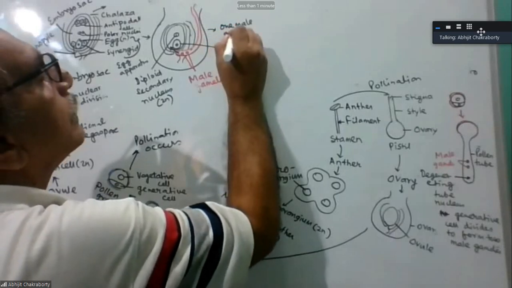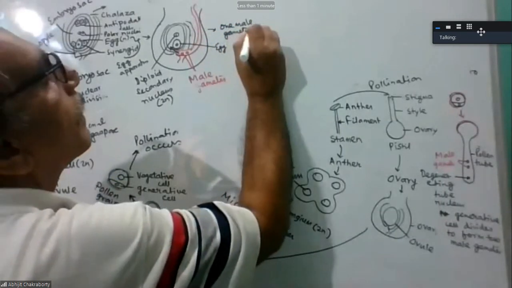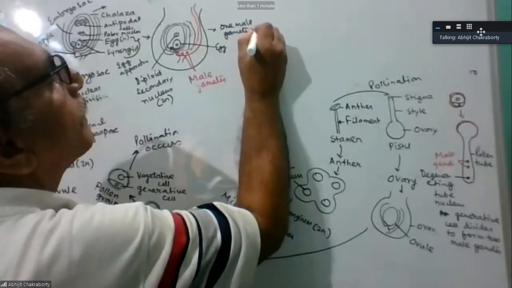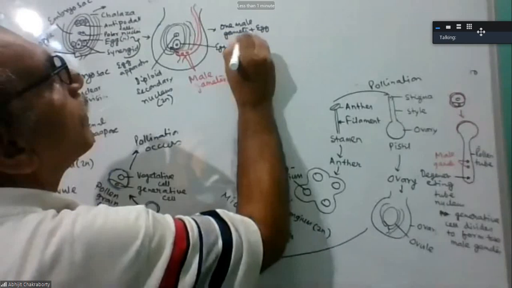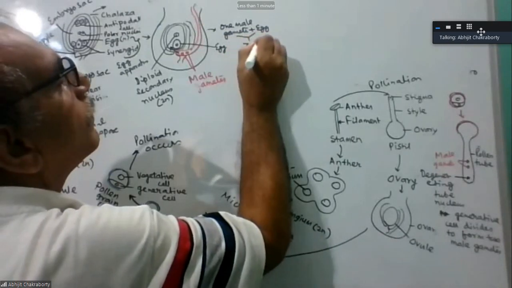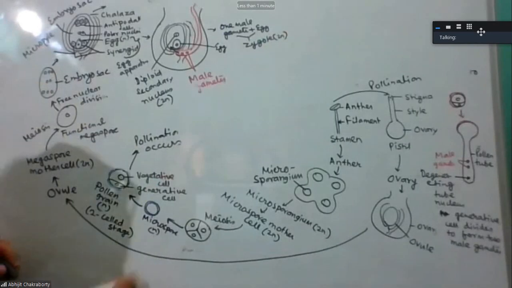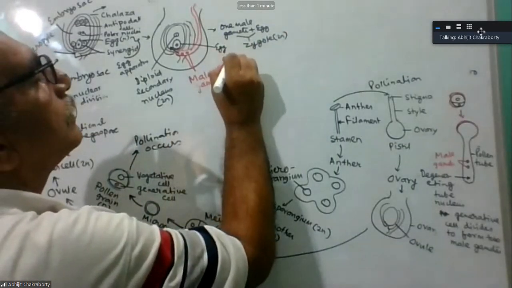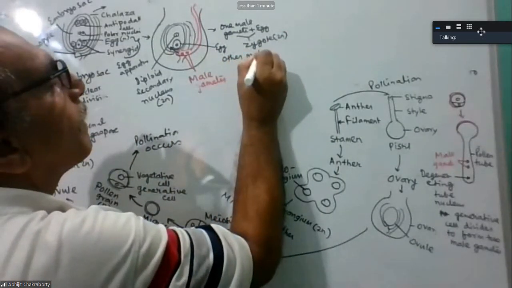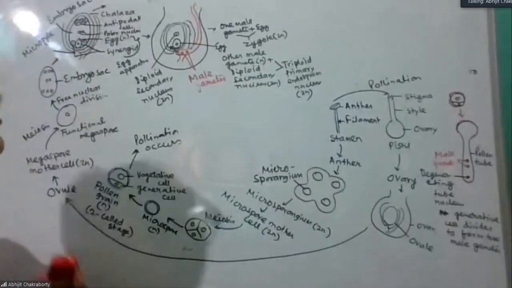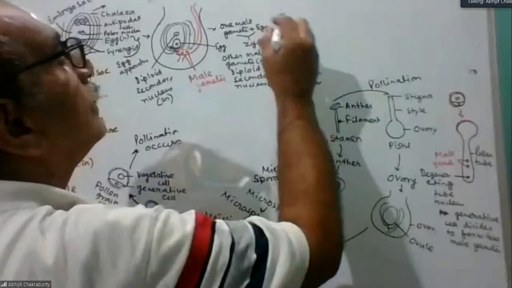One male gamete fertilizes the egg to form the zygote. Other male gamete, so then